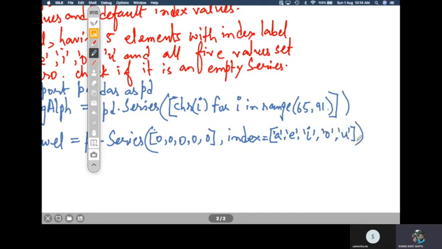So that's it. This will create a series with index names as the vowel names and the values as zeros.